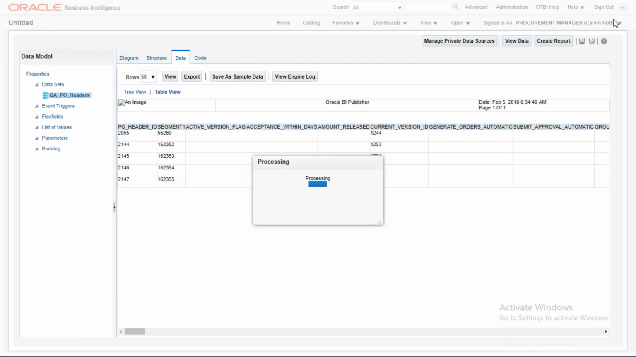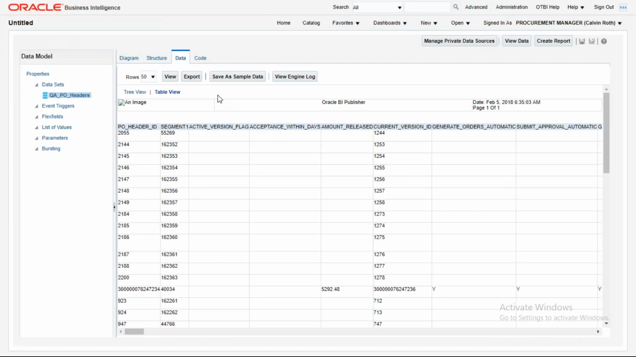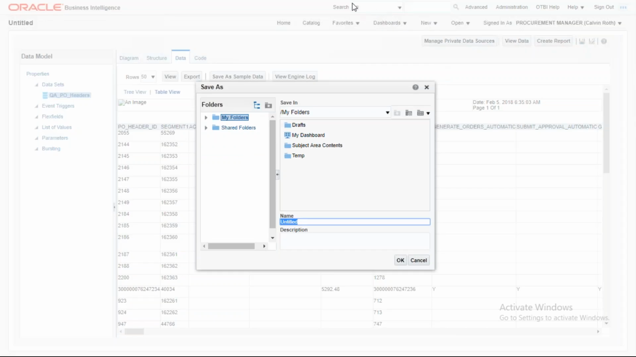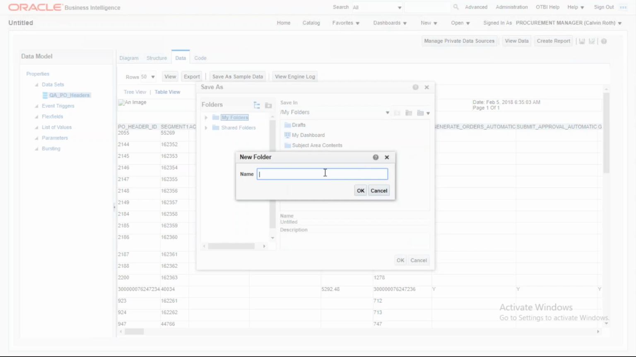To create this as a report, you can save this particular data as sample data first. Just save it, and save this particular query, which would be saved in your folders as a data model and helps you to retrieve the data whenever you want. You can create a new folder or save it in the existing folders of your Reports and Analytics work area of OTBI. Just click on plus to create a new folder, and here